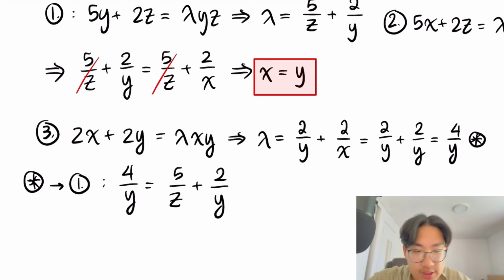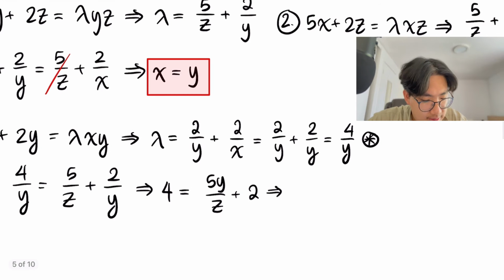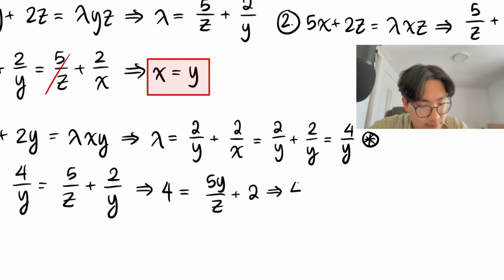Okay, and then now our goal is to simply solve for z in terms of y. In this case, we can do so however we see fit. Let's see, we'll multiply both sides by y first. So you have 4 is equal to 5y over z plus 2. Here, we can first move over the 2. So you have 2 is equal to 5y over z,